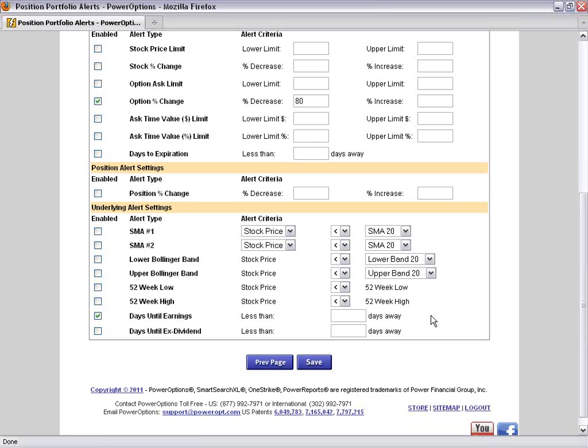But this happens to a lot of investors. I see it happen all the time. It's just, oh, the earnings came out. I thought they were at the close. They were actually at the open of that day. And when it opened, it gapped up 5 points, and I missed my window. I thought they were at close the next day, and so forth. You really want to know when they are. You really got to pay attention to that so you know maybe you want to close a call, or maybe you want to adjust the spread before the earnings come out so you don't get caught in a position that ends up getting away from you.